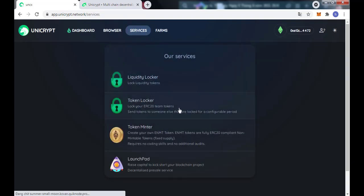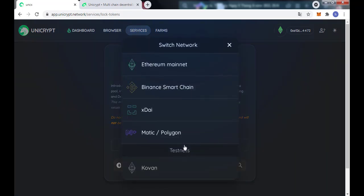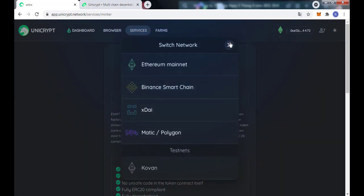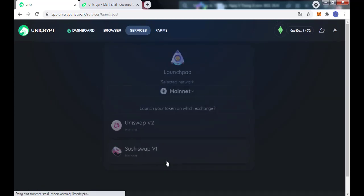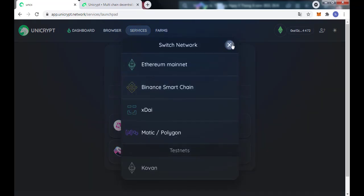Let us look at the new short-term developments on Unicrypt as it prepares to turn public in the next 4 weeks. Unicrypt lockers on PancakeSwap v2. PancakeSwap, the leading DEX on the Binance Smart Chain, recently announced the migration towards its v2 pools. The Unicrypt team quickly revealed that they would support the migration, allowing projects on its network to lock their LP